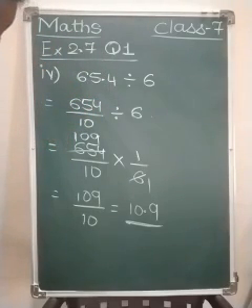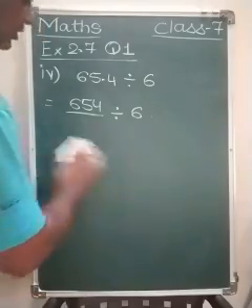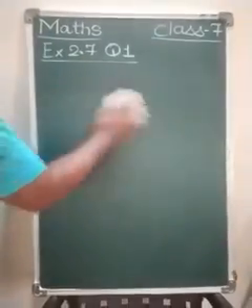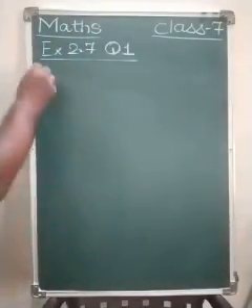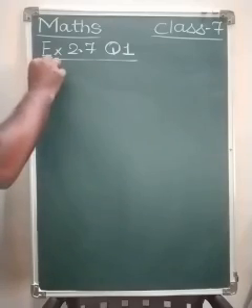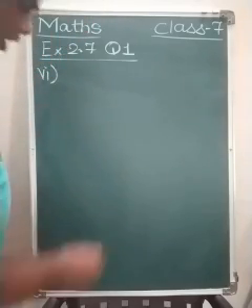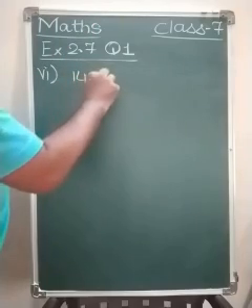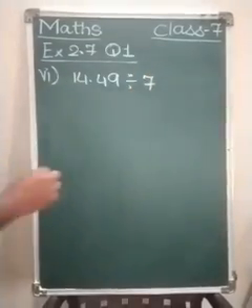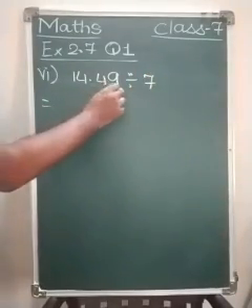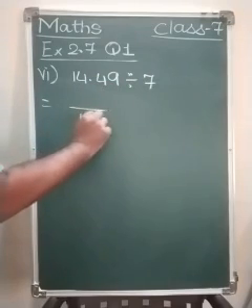Let us solve one more sum. Let us see which sum we can solve. Okay, take the fifth sum for the homework. Sixth sum we will solve. Fourth is done. Sixth we will solve. Sixth sum. 14.49 divided by 7. So this equals to, after decimal point 2 places, divided by 100,